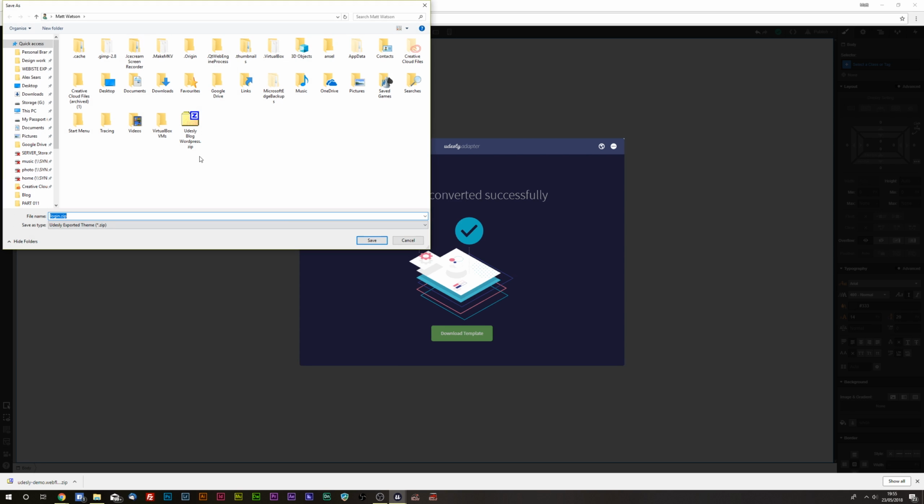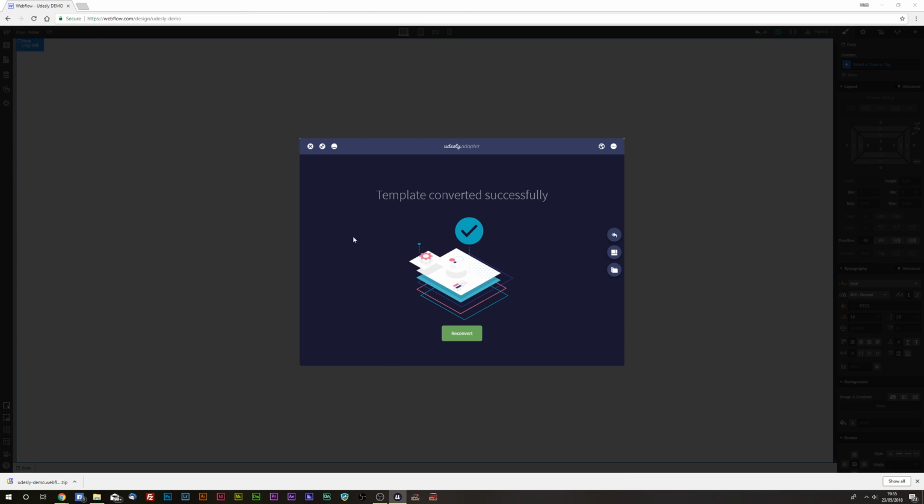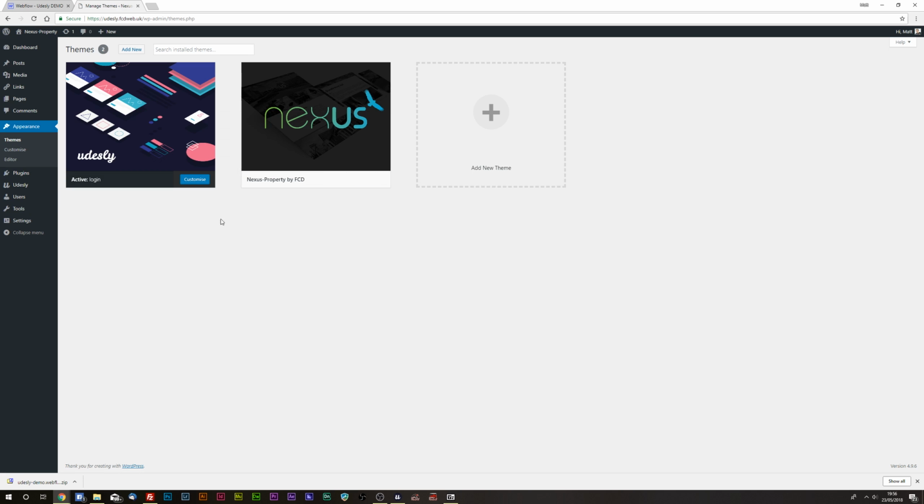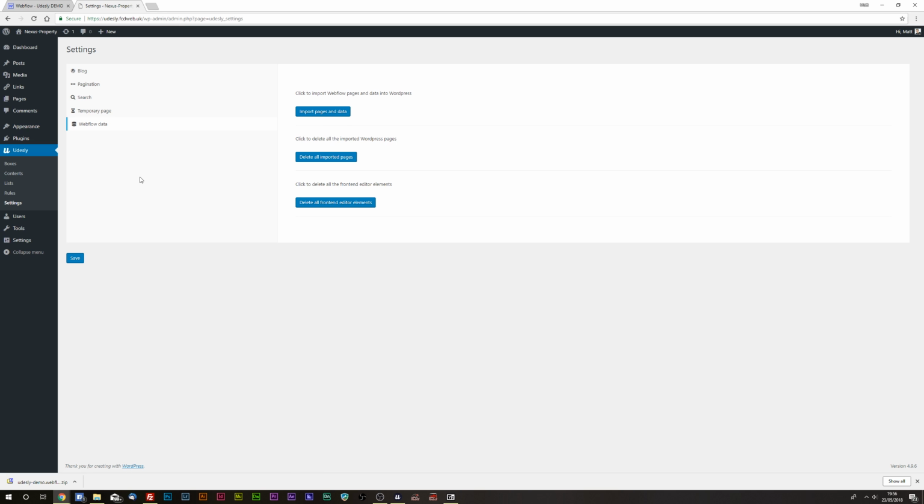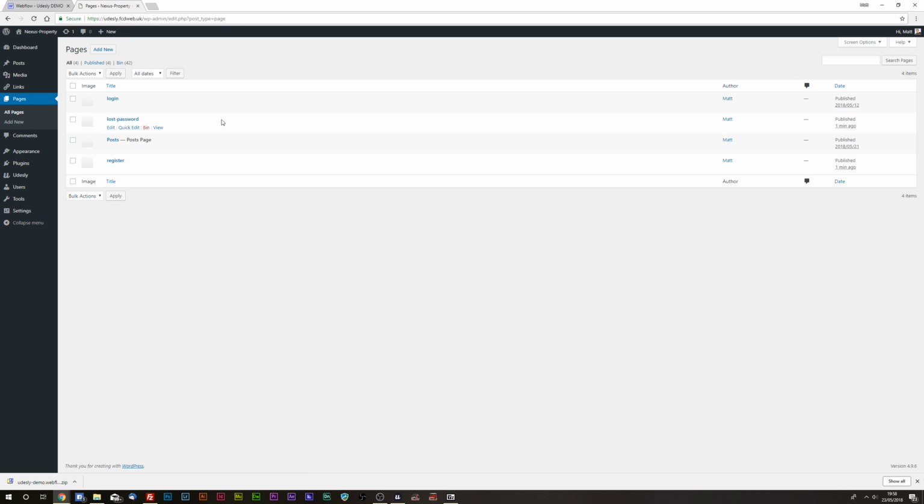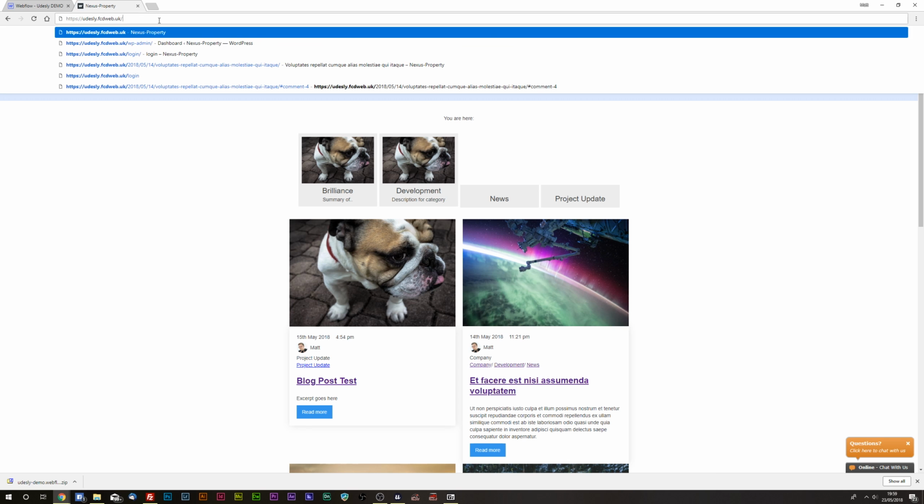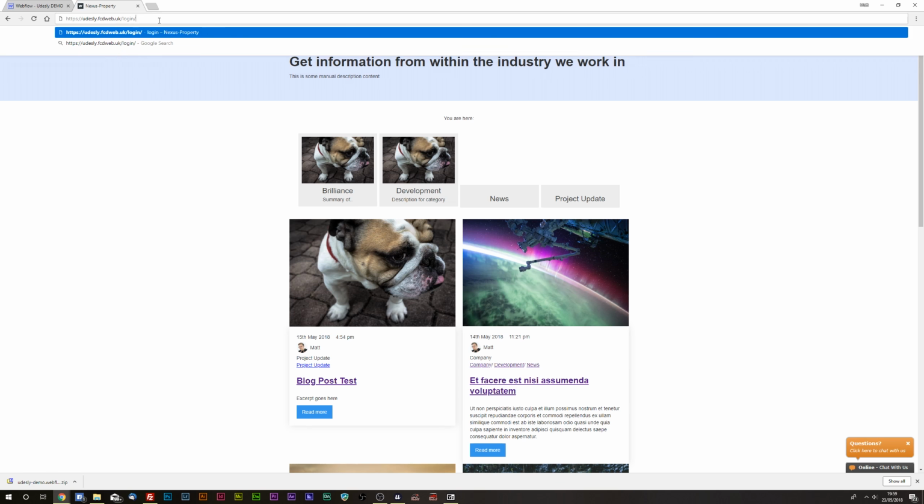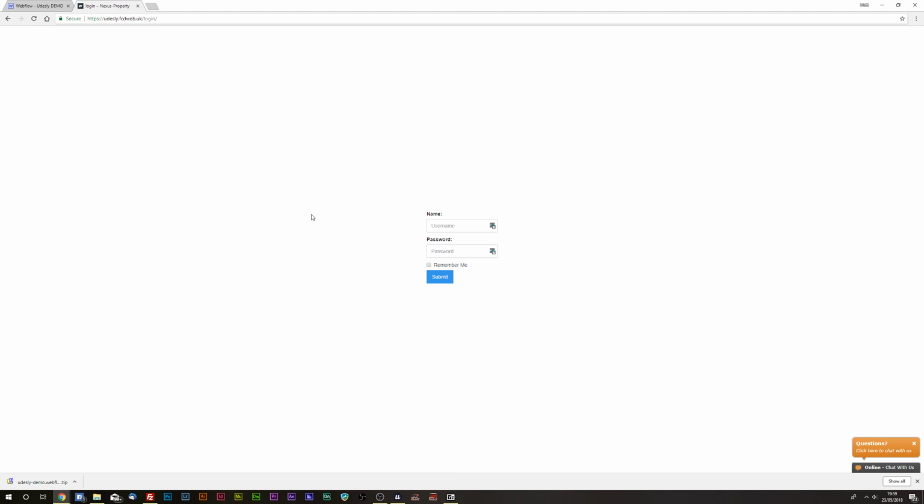Then download that template, save it to your computer and then upload it to your WordPress. And then when you jump over to your WordPress and you have activated the theme, go to Udesly settings, Webflow data, and just import the data like so. And then as you can see, we will have our login, lost password and register page there. And then when we go to our login page, so /login, as you can see we have our login there,